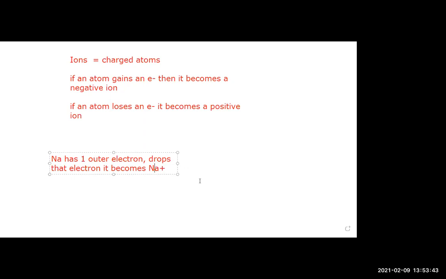And then when chlorine gains that extra electron, it will become Cl minus. So atoms that get an extra electron become negative ions, and atoms that lose one of their electrons become positive ions. Okay? So atoms can transition between ionic and non-ionic state? Yeah, some can. Not all will do that, but yeah. Okay, thank you. At least that's my understanding.